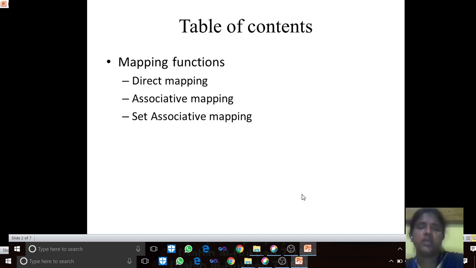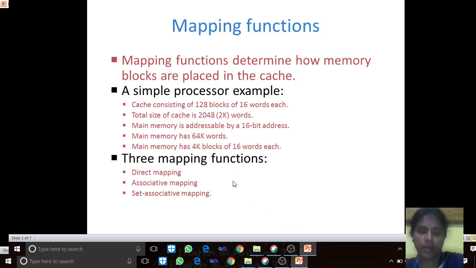We'll discuss in detail the mapping functions like direct mapping, associative mapping and set associative mapping. What is mapping? A mapping function determines how memory blocks are placed into the cache. What is the necessity to place the memory block into the cache? Yes, processor